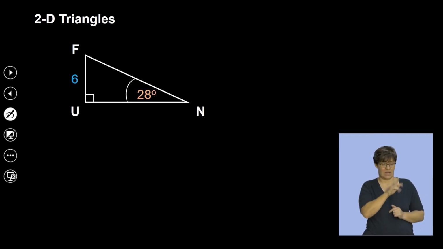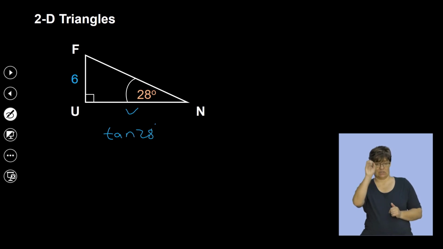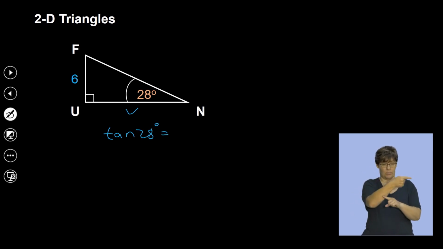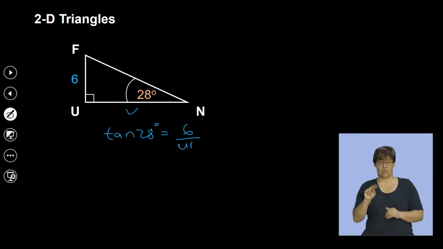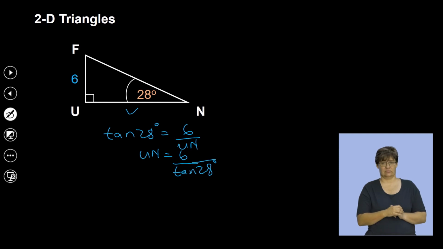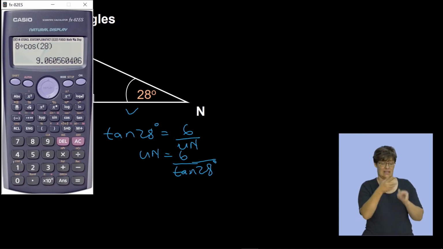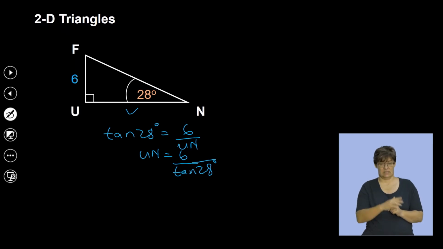If I'm trying to find, let's start with UN first. UN, remember we said it's going to be tan. So this is going to be tan 28 degrees is equal to the opposite, which is 6, over UN, which is what I'm trying to find. And then you use your calculator from there. So UN will be equal to 6 over tan 28 degrees, and I will go straight to my calculator. This is 6 divided by tan of 28, and that will give me 11.28. So this will be